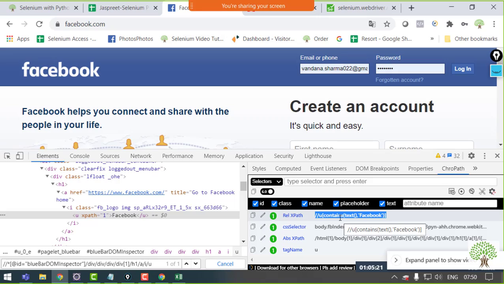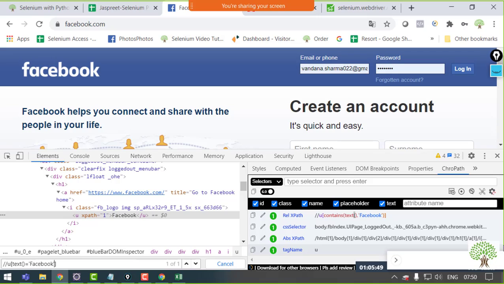This is basically using the JavaScript function, the contains function and the text. The way you can make it is simple, you just need to know the tag name. I have the tag name u for this Facebook, and I'll say text equals whatever the text is of that particular element. Just find me that.